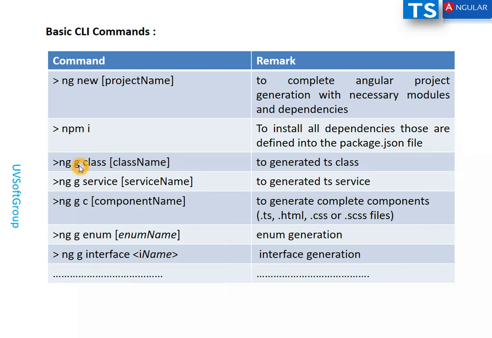So you can build a TypeScript class like g generator, even though you can write it down long, but the shorthand is just g, and then you build a class, and then you give it the class name. It creates the TypeScript class, even though you can create a service, and then the service name, and then the components. And when you create the components, it automatically creates four files, like the TypeScript file, the HTML file, CSS,